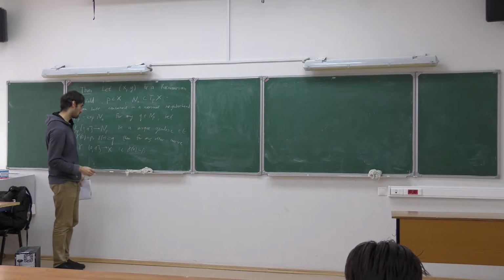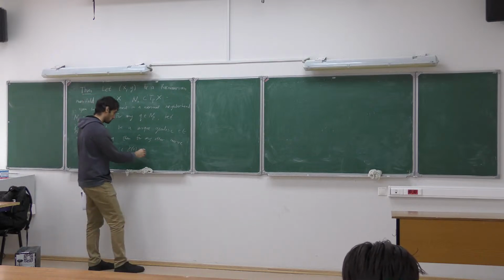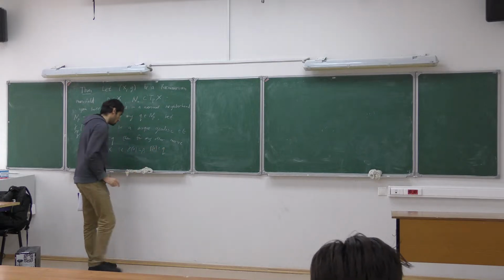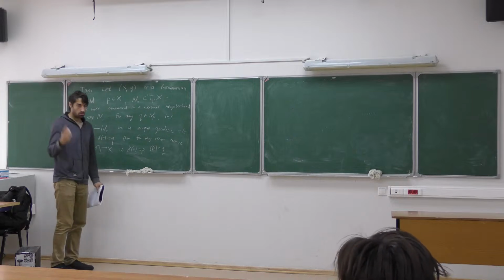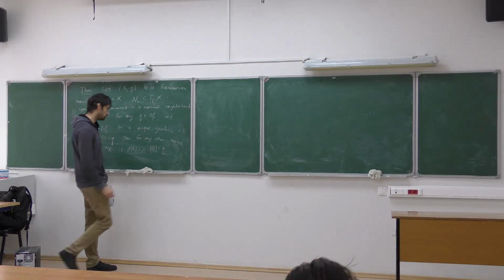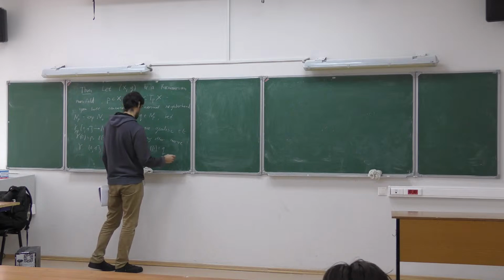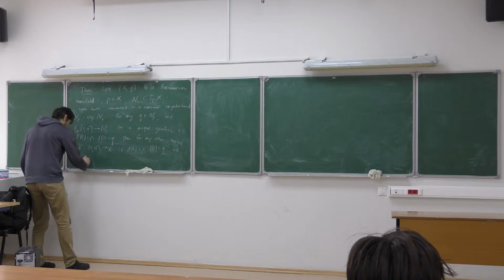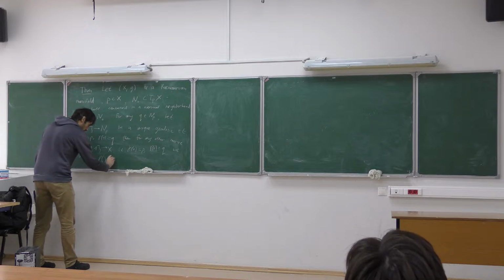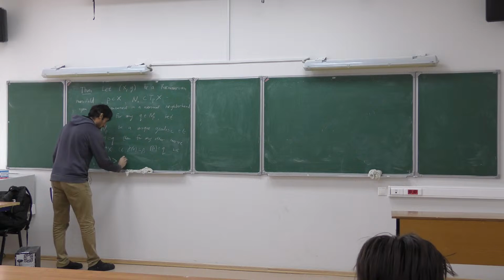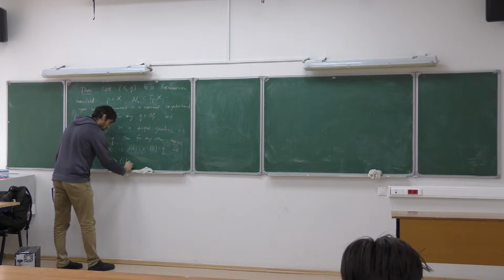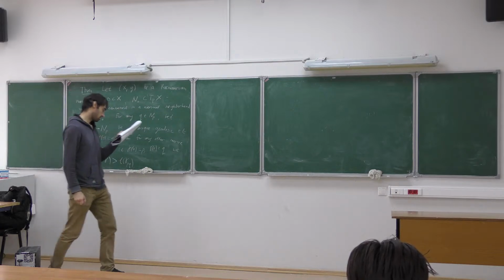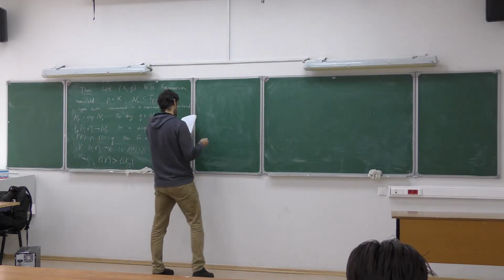And gamma is any other curve such that gamma of 0 is P, gamma of 1 is Q, and it can go outside of N_P. We have that the length of gamma is strictly greater than the length of gamma_PQ. So that's the thing, and the idea was to prove